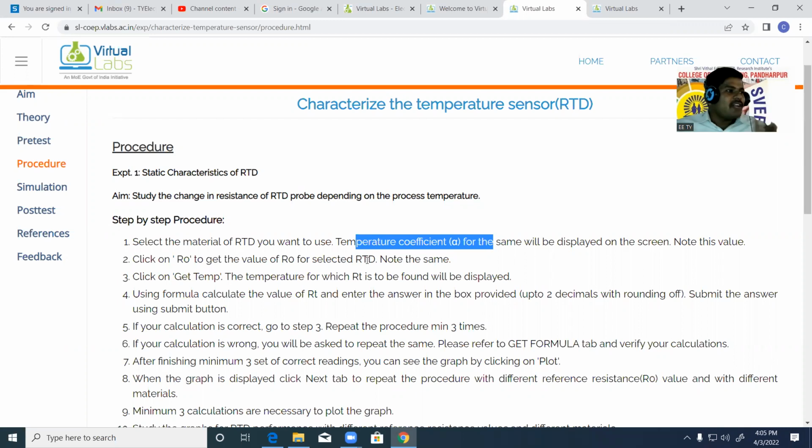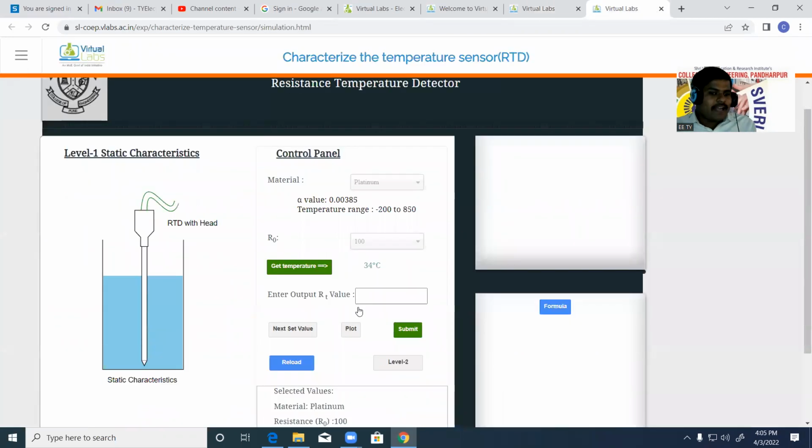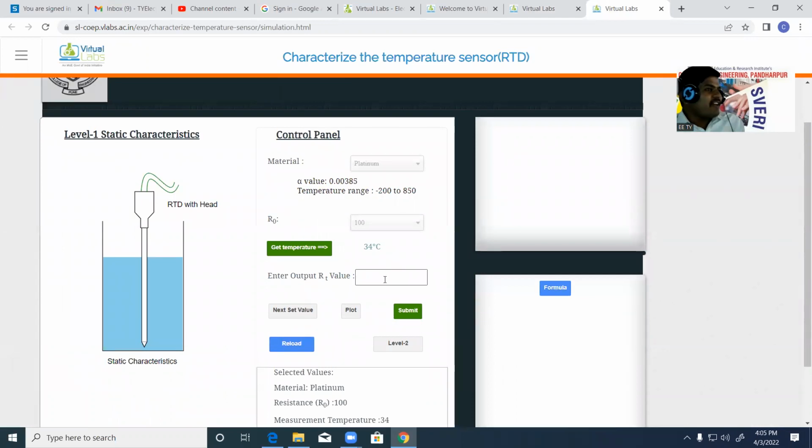Now we want to calculate the RT. Just do the calculation of RT. RT चे कॅल्क्युलेशन करा. What is the formula for RT? RT is equals to formula. सांगितलं ना मी, किती वेळा सांगितलं. RT is equals to resistance at temperature T, it is equals to initial resistance R0 in bracket 1 plus alpha